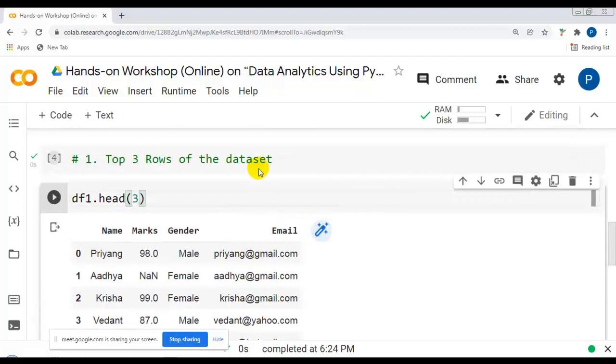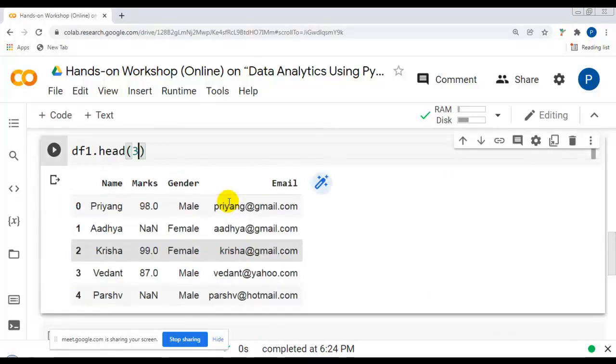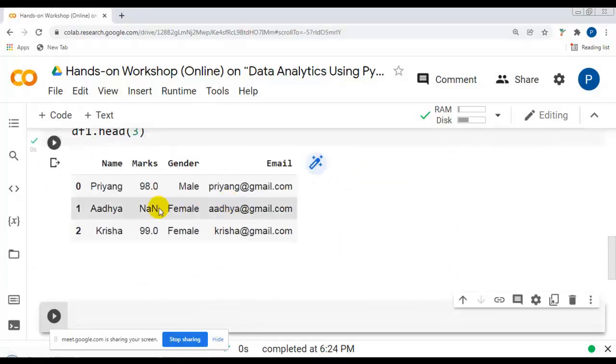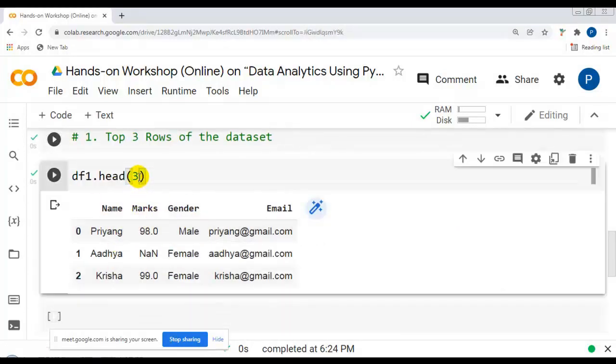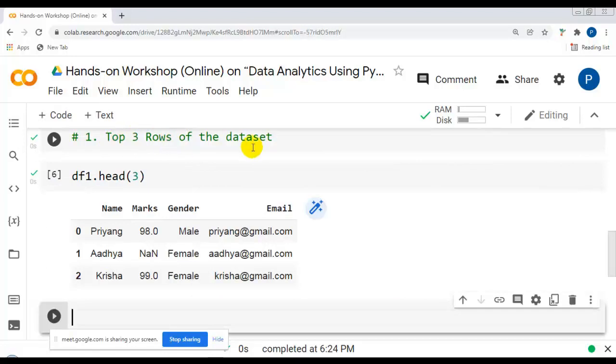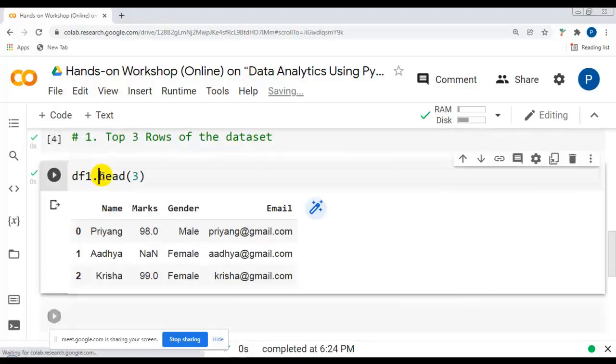Let me write 3, because as per our question we want 3 rows. Let me execute this cell once again. You can see now it is displaying the top 3 rows. As per your requirement, you can write any integer value here. This way we can display the top 3 rows using the head method of the pandas data frame.